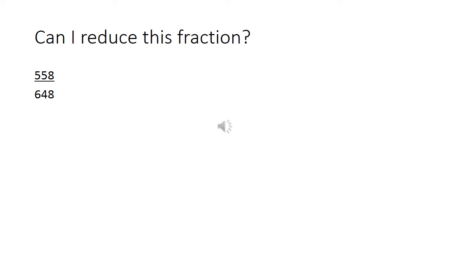Obviously, they both end in 8. 8 is an even number, so I can divide it by 2. However, if I do that, I'm going to end up with 279 over 324, and 2 is no good anymore. I cannot divide 279 by 2. Now, if I can reduce it by dividing by 3,